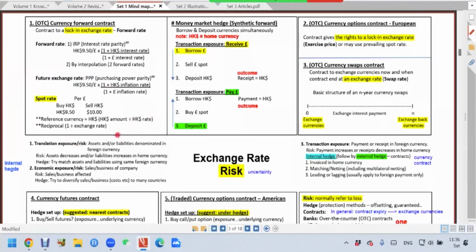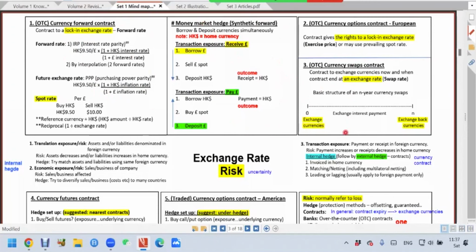This is just a summary. We'll go into the detail. In the exchange rate also, this forward rate, they may ask you to calculate. We handle that later in the revision. This one we handle in area number 2, where we use inflation to forecast the future exchange rate. Remember, this is just a summary for you. We will now go into the detail. So this is mind map number 1. We can now go to set number 2.